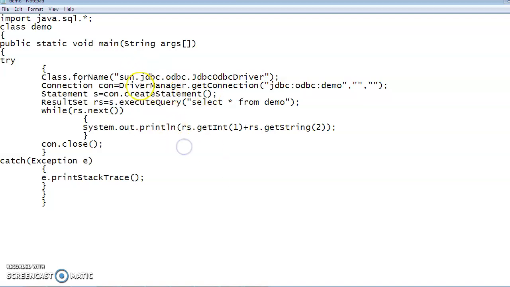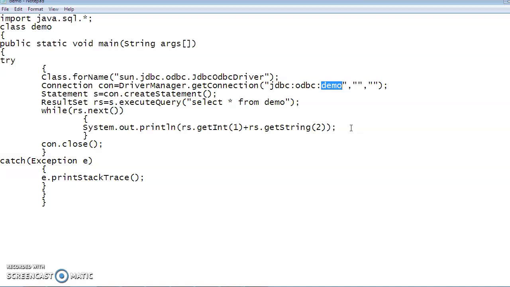Now we have connected. This is the getConnection feature. Get connection of what? We are going to connect our JDBC ODBC to the database. This is the data source name. So getConnection is the feature that we use to connect to our database demo. The name of our database is demo, which I will show you.